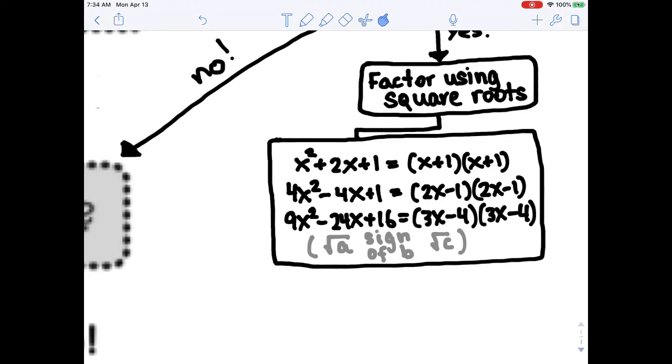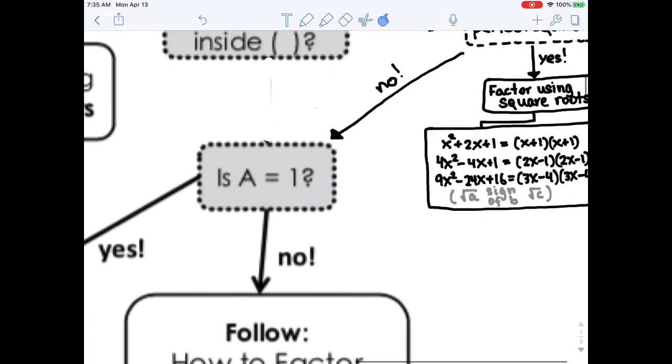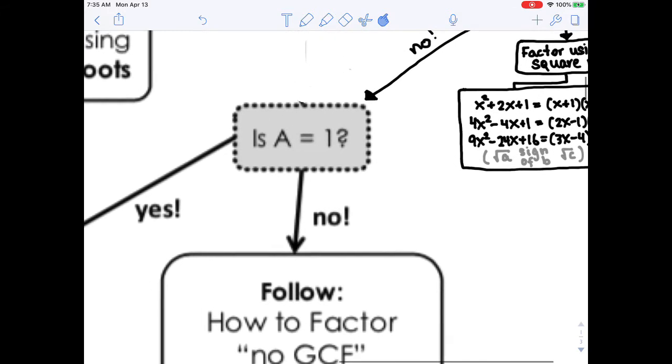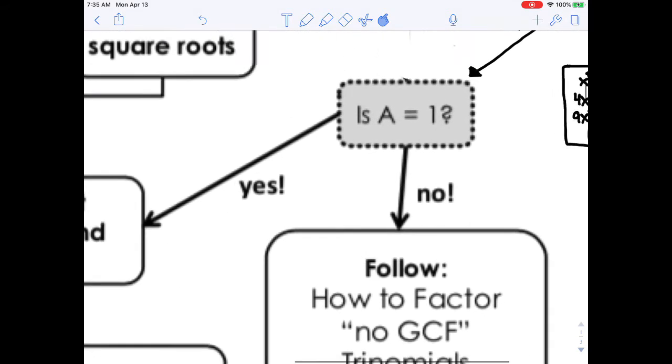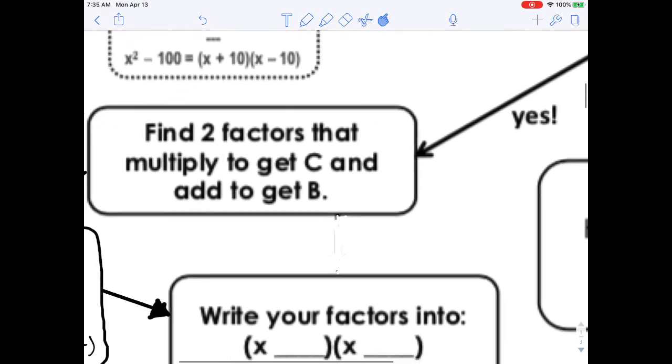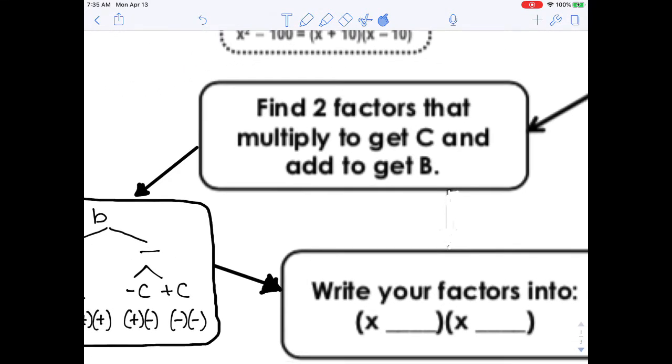So I provided some examples there. It's the square root of the first term, the square root of the third term, and then they're both the same sign as the second term. And we'll have some examples of that. If it's not perfect squares, is A equal 1? If it's yes, then you find two factors that multiply to get that third term, C, but add together to